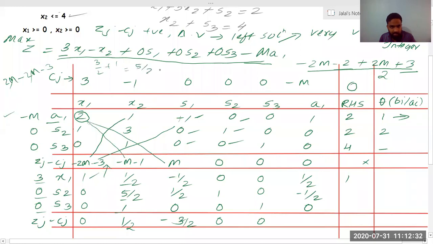Can we check this answer? Is it 5 by 2 or... just check with the answer if we are getting it correct. Minus 2m minus 2. Okay. Then plus 2m plus 3. Just check with the answer if we are doing it rightly. Just check the answer, anyone. Just put it in the chat. What is the value? Is it 1 by 2 for sure? This way we are getting some other answer. Anyone else apart from Ashfaq?